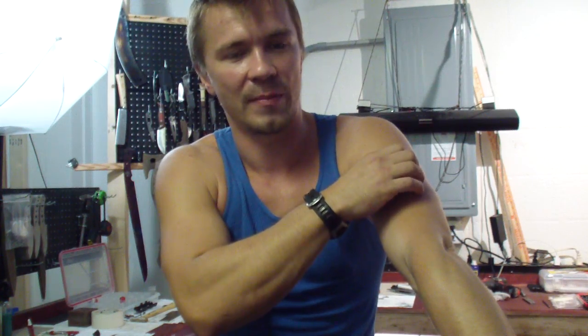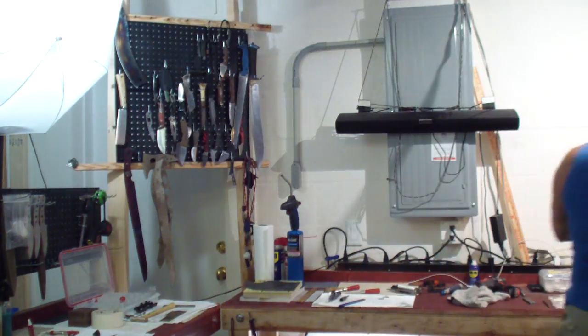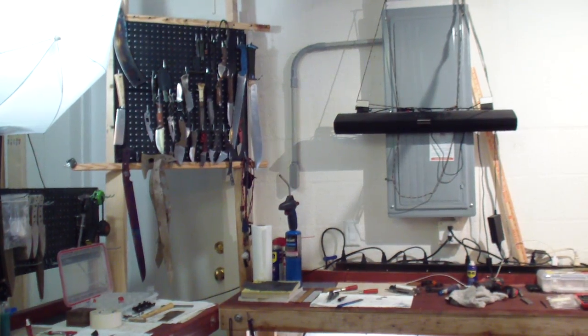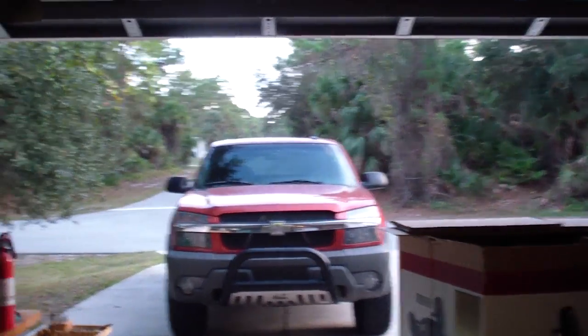And we have a new ride, actually. We traded in the Mercedes. We got lucky. We were just curious about a new pickup, which I always wanted, and we got a pretty good deal for the Mercedes, so we traded it in for, let me see if I can show it to you real quick. It's nice. Didn't expect this. I mean, I worked hard to get this, but even though it was unexpected,